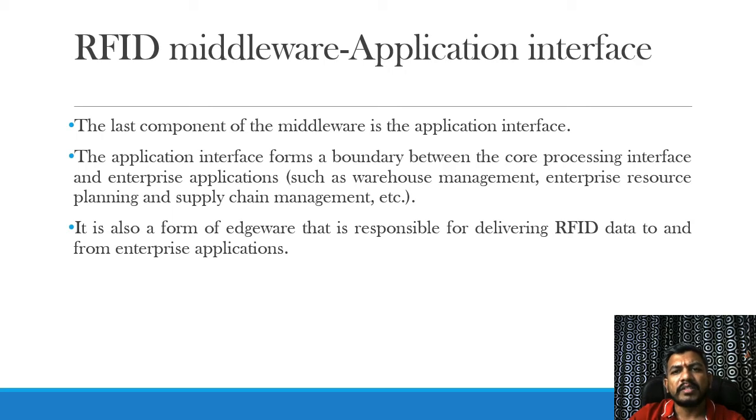The communication between the application interface and the core processing interface takes place using a uniform format. However, the application interface interacts with different kinds of applications depending upon the vendors, service providers, or manufacturers, and so it uses different formats compatible with each of the applications. Therefore, one of the important tasks of the application interface is to convert the data from the application-specific format to a common format, which is used by the core processing interface.